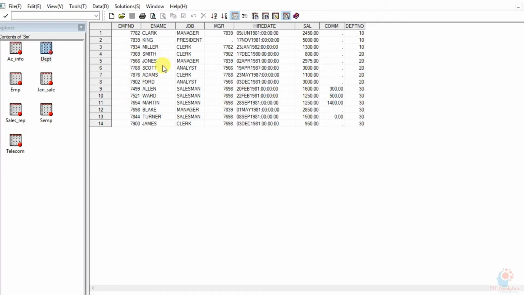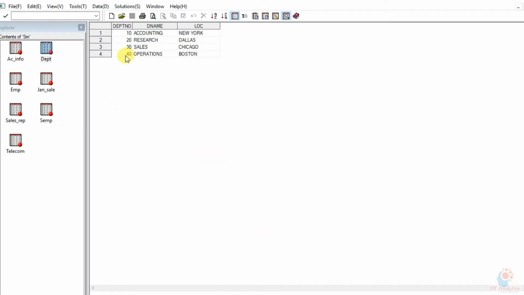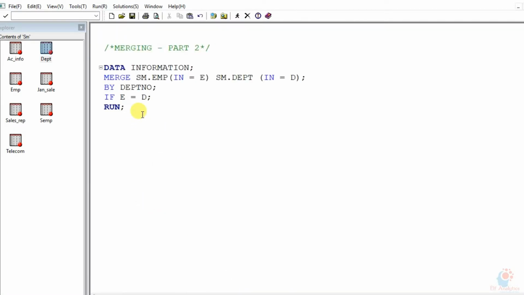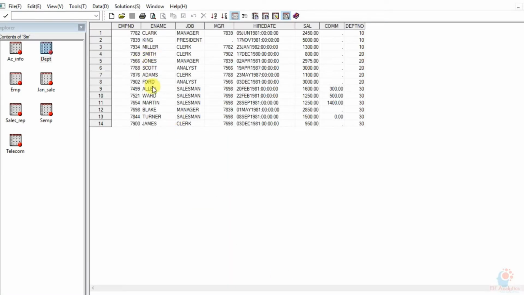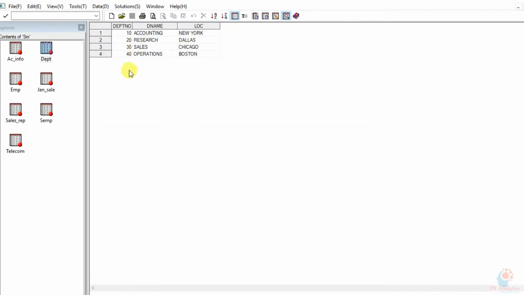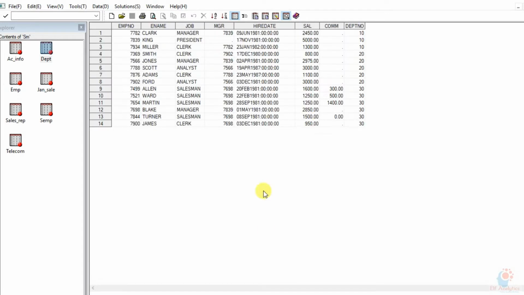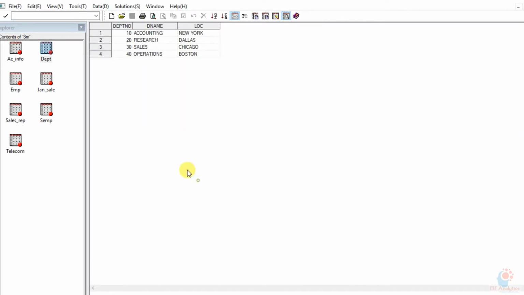So in this table, I do not have any employee who works in department number 40, but in this table, I have information of department number 40 also. So as per this criteria, I really wanted to understand about my employees, where I'm saying if it is equal to this department number, and if it is not, then don't give me, right? That means this 40 will not come into the picture because I do not have any employee who works